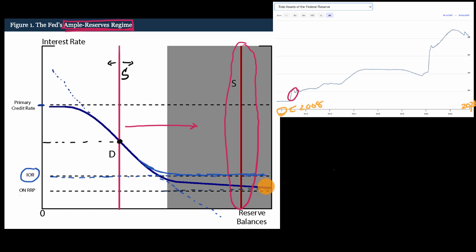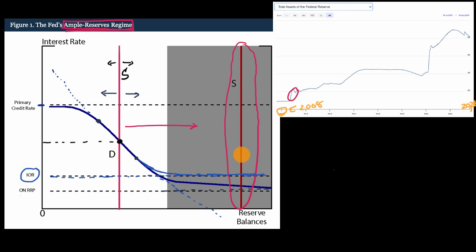Now, the next question you might be wondering is, all right, if we are out here in this ample reserves regime, traditionally the Federal Reserve could change the federal funds rate, the target rate, by moving this red line to the left and the right. If you're in a non-ample reserves regime, if you move this red line to the left, well, what's going to happen? You're going to essentially increase the overnight borrowing rate, and that would constrict the economy. And if you move it to the right, you're going to decrease the overnight borrowing rate, and that would stimulate